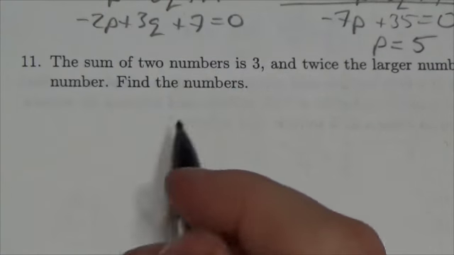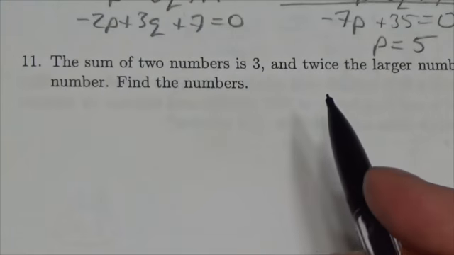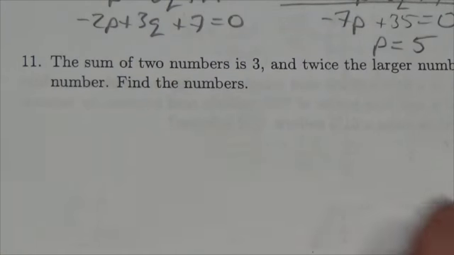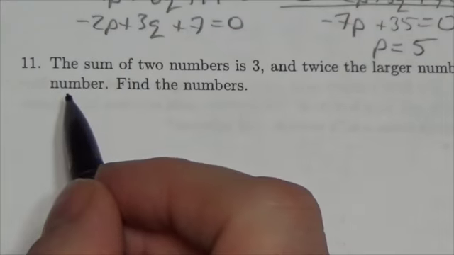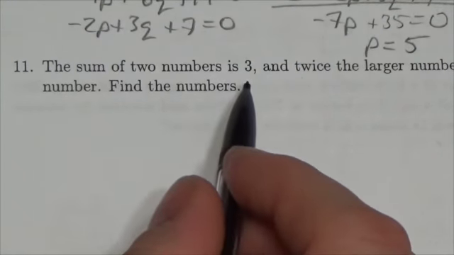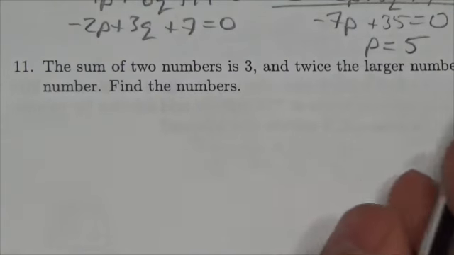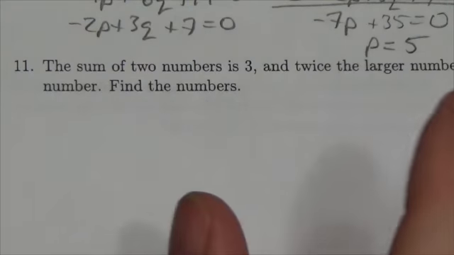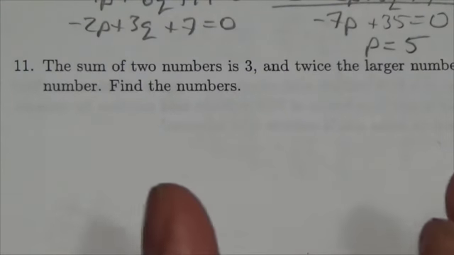All right, everyone. This question says that the sum of two numbers is 3, and twice the larger number is 36 more than 3 times the smaller number. I know what it's like. I get this. A lot of times we read a question like this, and this is how it sounds. It goes, the sum of two numbers is 3, and twice the blah, blah, blah. Okay, I get that. The trick with questions like this is just to take it slow and realize that